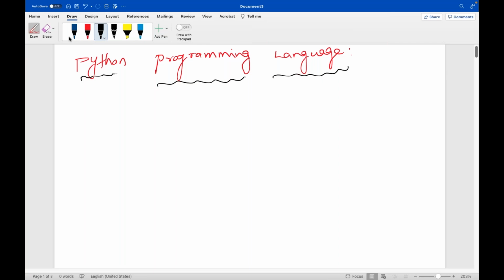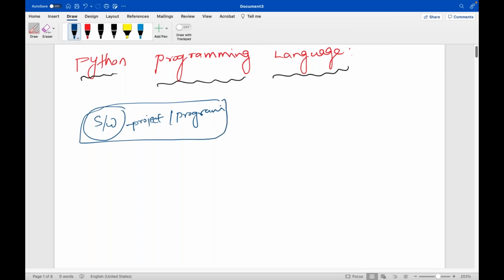So yeah, I feel like I would like to start from scratch, even if you're not from a computer science background. For example, a software engineer is always building software, right? People can call it software, projects, or programs, usually programs. Whatever it is, this software or project or program